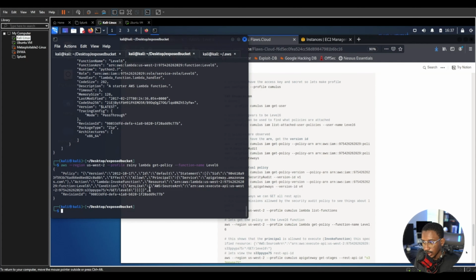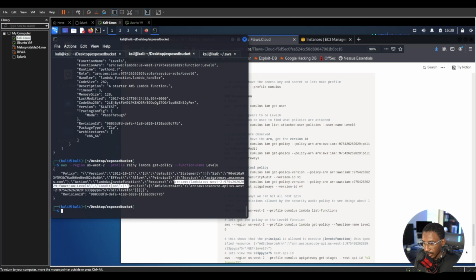All right, so this looks like policy version statement SID, the effect, so this is an allow, and a principal service, so the service is apigateway.amazonaws.com, action lambda invoke function, resource,